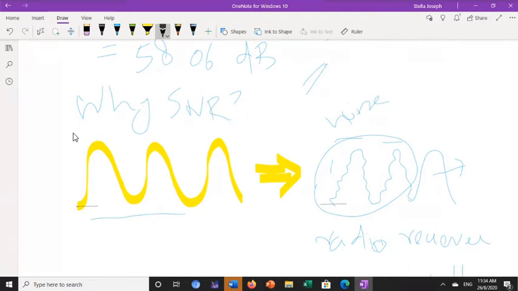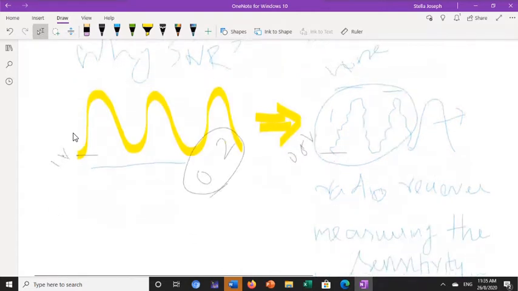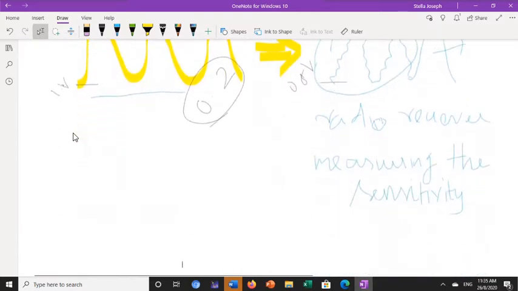Because if I'm taking this amplitude as 1 volt, but here the amplitude varies. Say we can take it as 0.8. That is the difference of voltage is 0.2. So the sensitivity is 0.2 part of the signal is getting affected by noise. That is the thing we are measuring in the SNR, the quality of the signal.